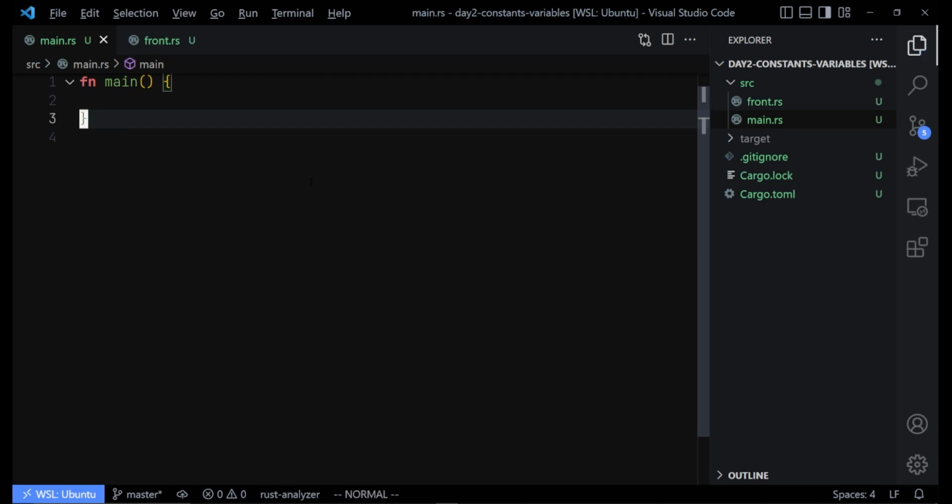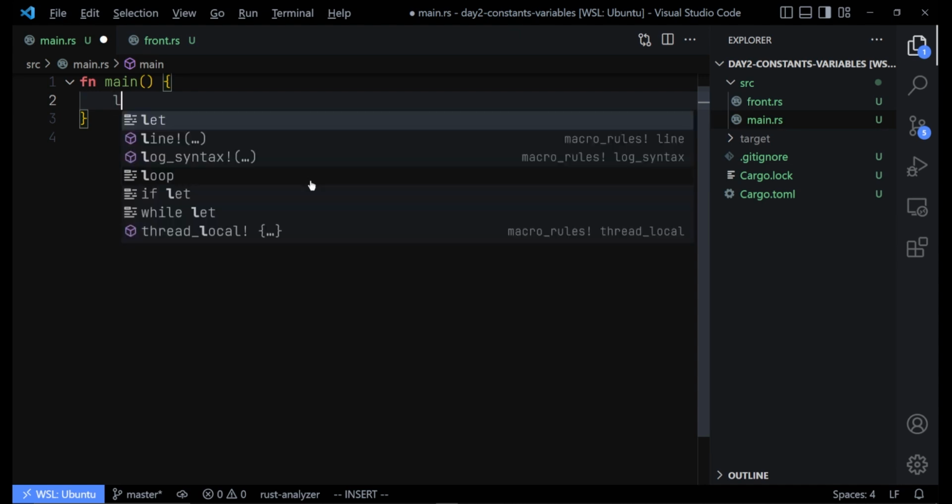So the first thing you have to understand is that for a constant in Rust, you must provide the type, while for an ordinary variable, you don't need to provide the type. So, for example, let's say we have a constant here,